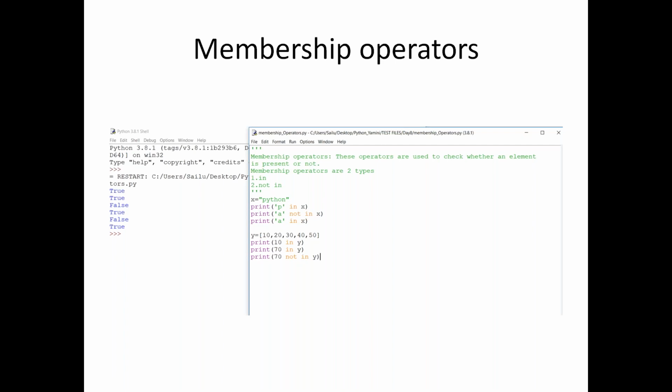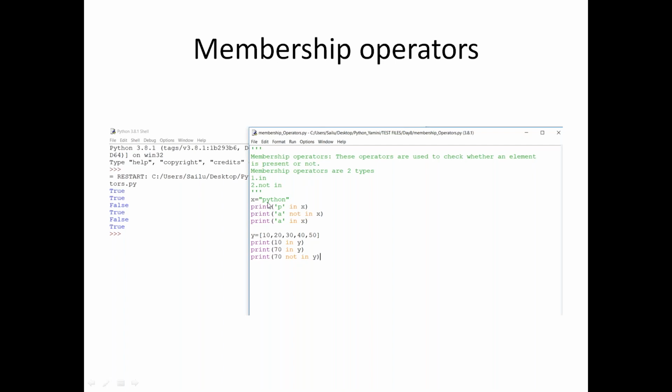And we have one more operator that is called membership operator. This is the last one. These operators are used to check whether an element is present in a string or not. For example, I am getting data from a CSV file or the feedback received from customers. I want to find out whether a particular element like good or bad, some keywords, are present. I can use two different operators. One is in, second is not in. These two help me find out the membership.